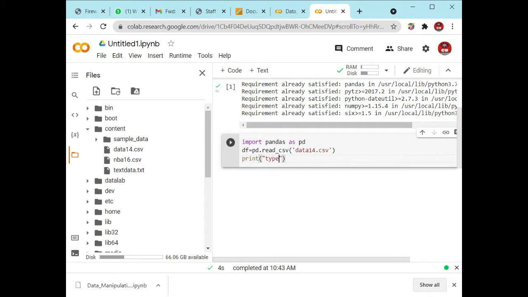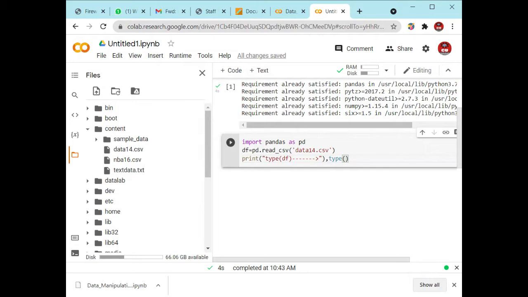Inside this type function, we have to define the variable name. The variable name is df. What we have to show right here is the output of this df variable, and the output will be shown with the help of this type function.